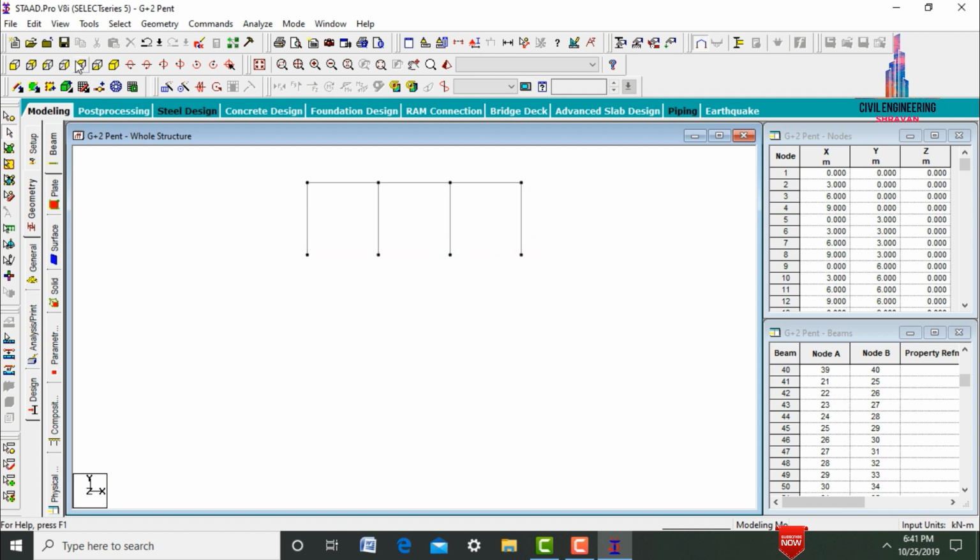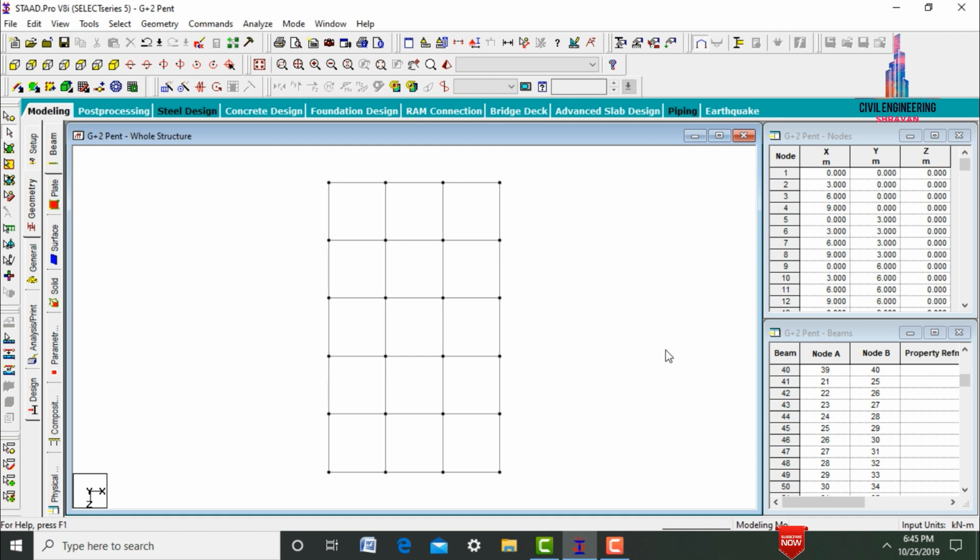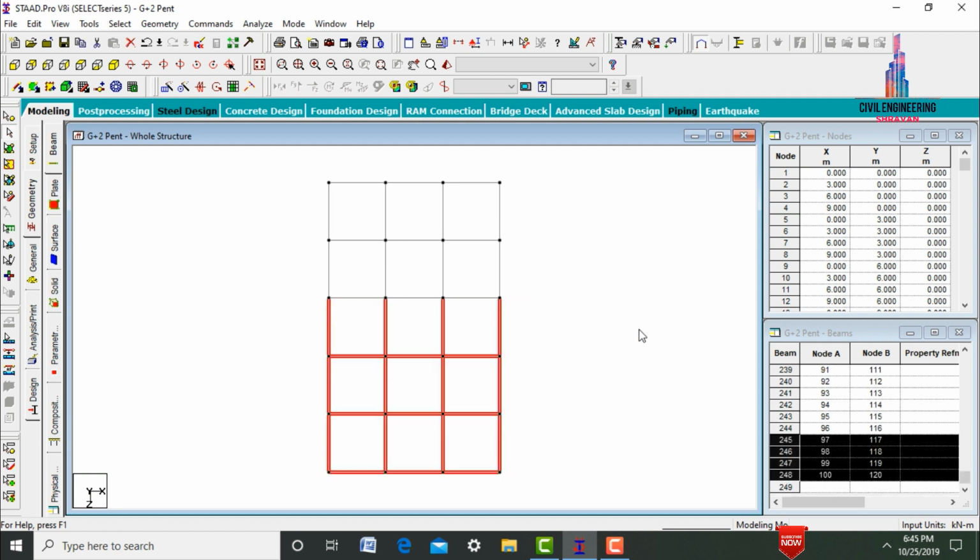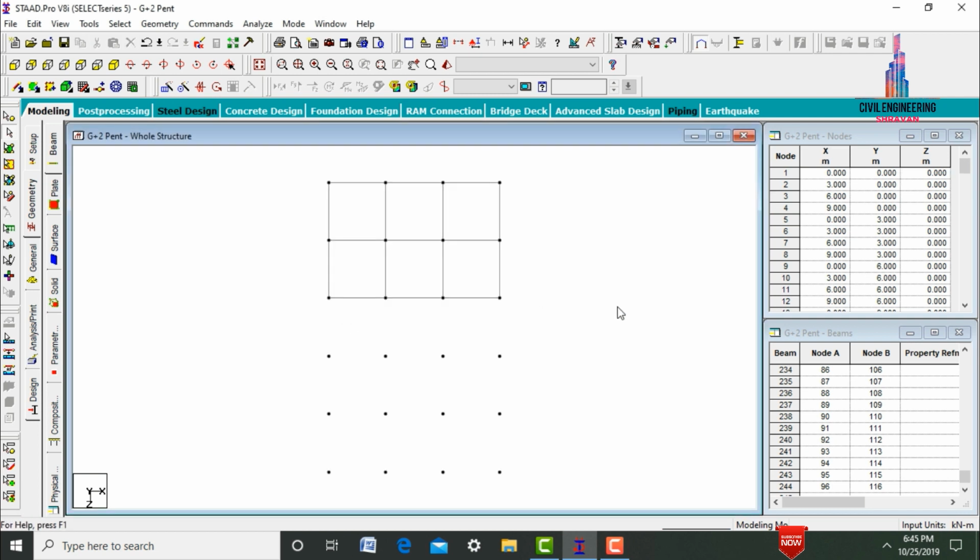After that, keep your structure in top view. Now we have to delete all unnecessary beams and column sections at the top story. I'm selecting these members, the respective beams and column sections. Click on delete option. Click on S button. After that, click on OK. Now the model is updated with the beams and column sections deleted.